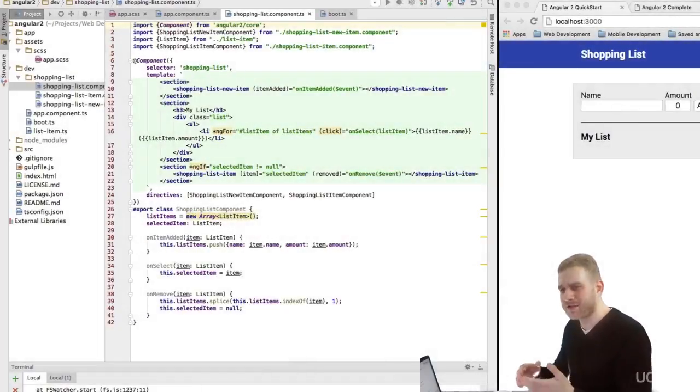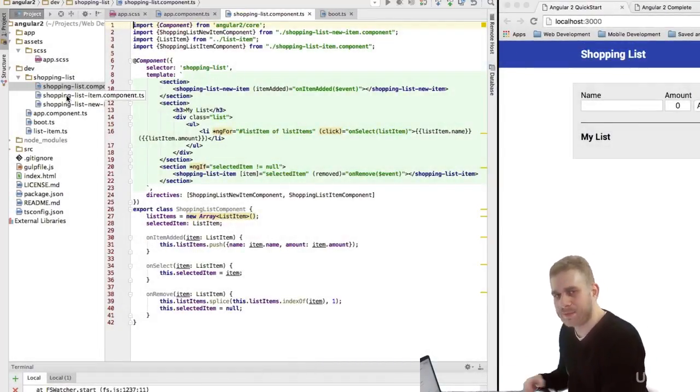Hi, we learned how to use services and which benefits services offer to us. Now that is a great thing because now we can enhance our shopping list project we had and use services to handle all that insertion, deletion and fetching of our shopping list items. Let's do this. Okay, so I'm back in my workspace here with the project we set up when we created